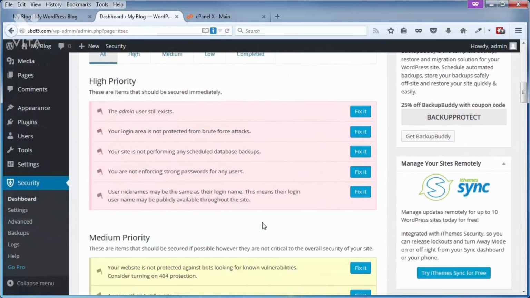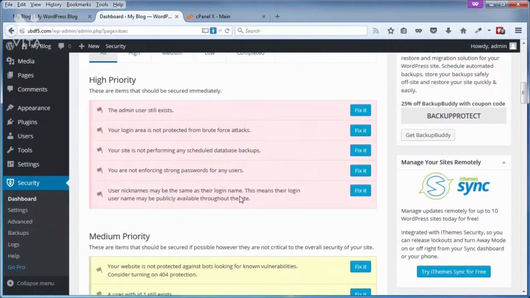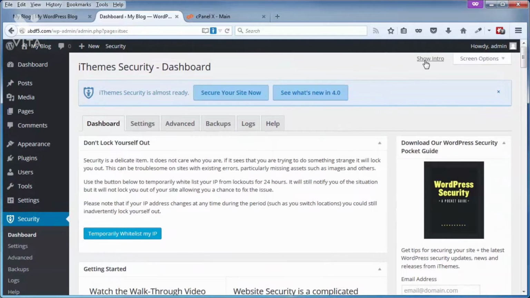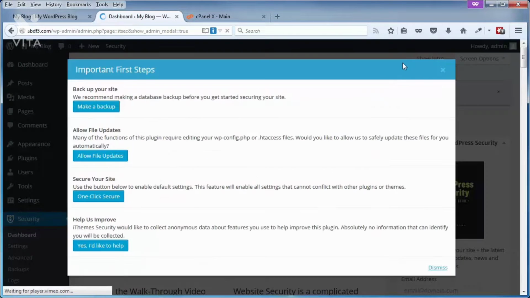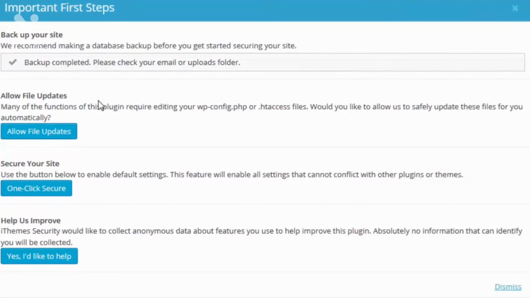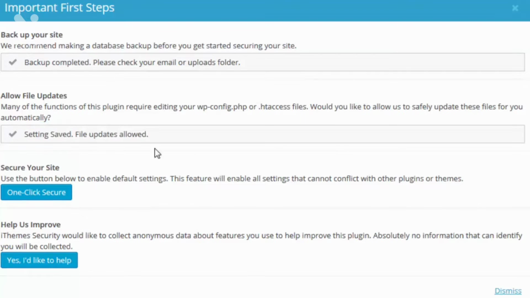But let's go ahead and come on back to the dashboard. And I just wanted to show you right off the bat these 5 items that iThemes Security found by default. Let's come on back to that initial pop-up, click on Show Intro, and we'll do the backup here. Again, that's just for the database files. We'll click on this button here to allow file updates. That's going to tweak the wp-config and the .htaccess file